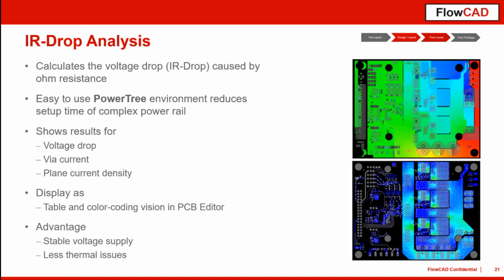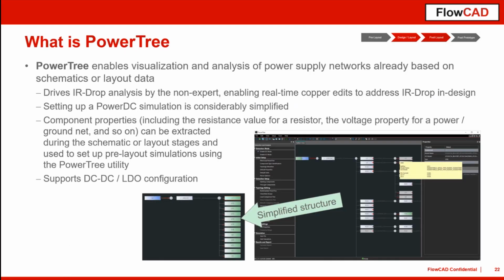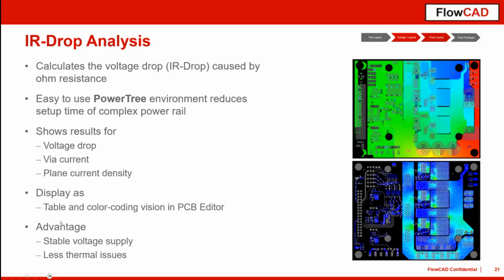At first, I want to start here with this IR drop analysis. Then I will show you how we can do that. In principle, if I come back here, once we set up the voltage regulator for a power rail that has the same name over the complete net coming directly out of your voltage regulator, then we can use a wizard. So we only have to select the voltage regulator and select the power rail, and then we can already start